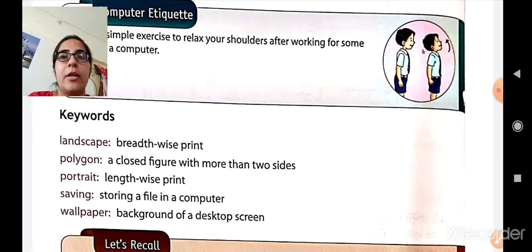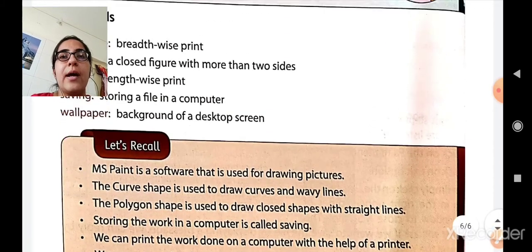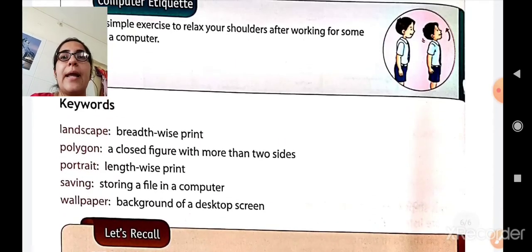Okay, so here we are finishing our chapter number 4. Then some keywords are there. These keywords you have to write in your computer notebook, and other exercises are also there, like choose the correct answer, true or false, etc. All those exercises you have to write in your computer textbook, while only the keywords and the question answers you have to write in your computer notebook. Okay, so exercises A, B and C you have to write in your textbook, and the keywords and exercise D, that is question answers, you have to write in your computer notebook.